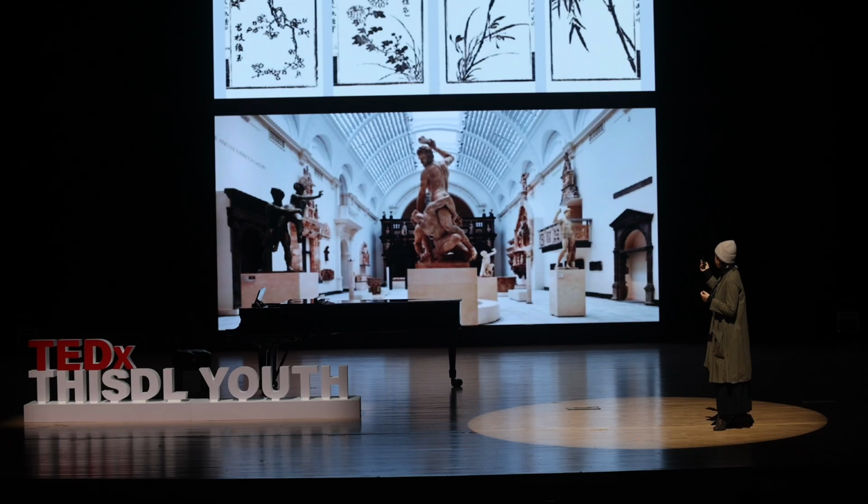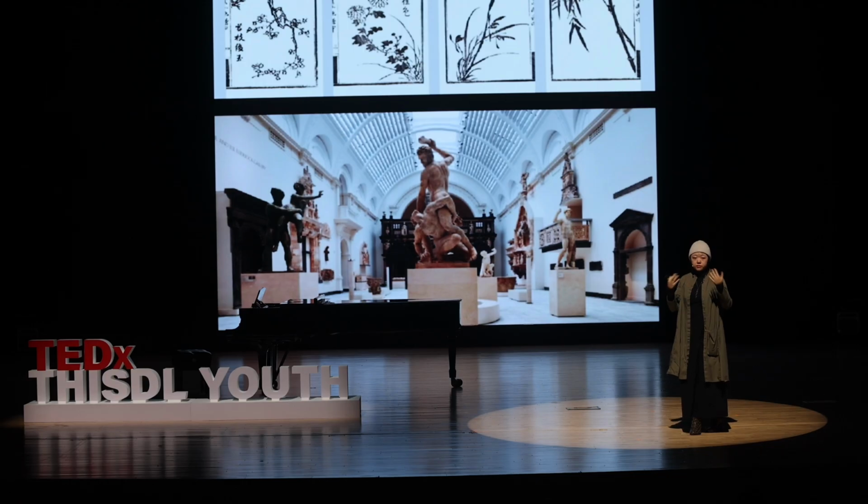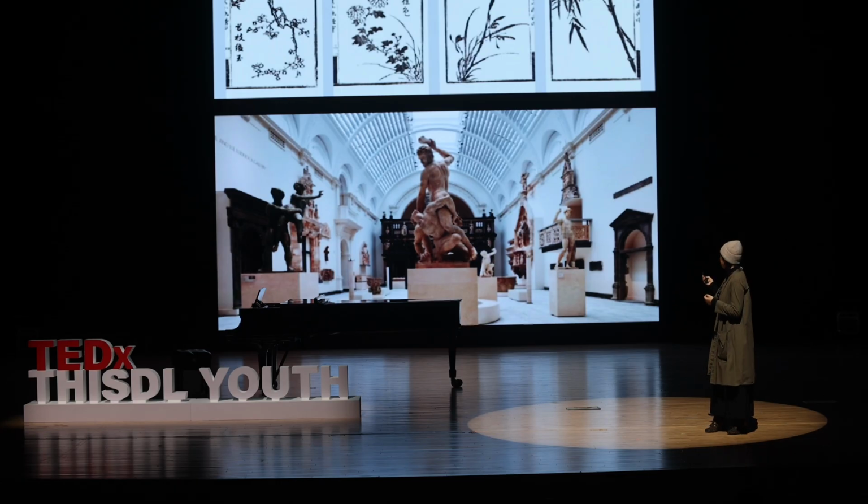Below here is a series of statues placed in the Victoria and Albert Museum. If you can guess, these are not real humans. These are actually transformed from marble and bronze. So in Western art culture, people intend to reveal the humanism that is trapped or exists in the material, in the objects.